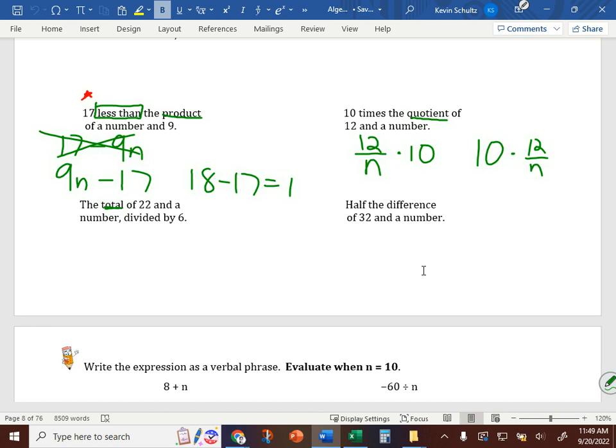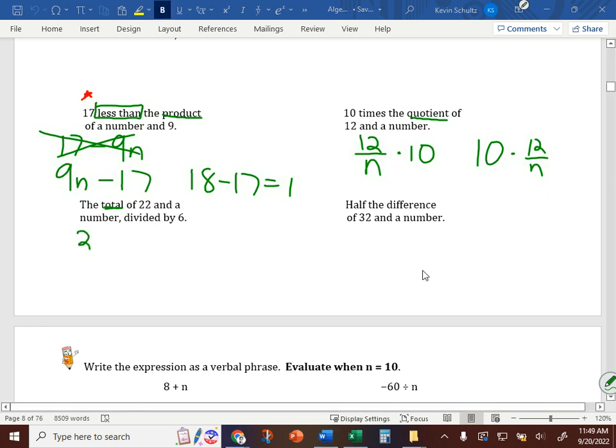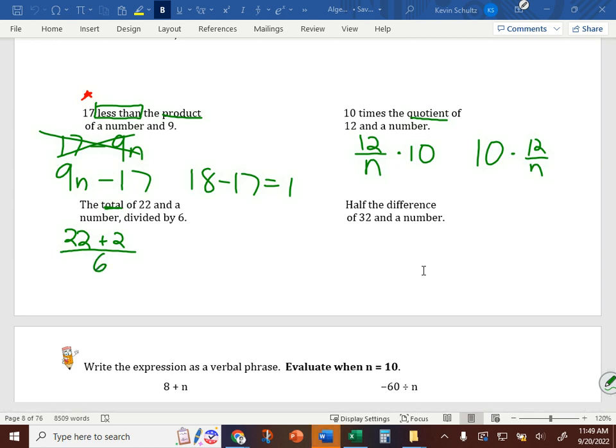We're adding 22 and 2 because n equals 2. And then dividing all of that by 6. Okay? The total of 22 and a number, comma, do that first, divided by 6. When you write a fraction vertically like this, it's understood you would do the entire numerator first before dividing by 6. If you wrote it horizontally, your 22 plus 2 would need to be in parentheses, right? Following the order of operations. Without parentheses,